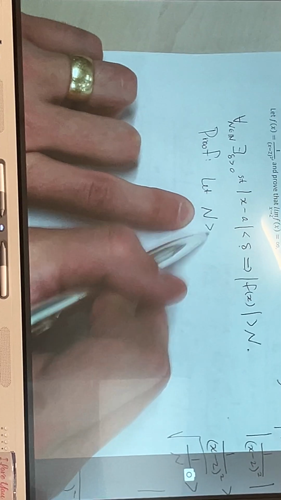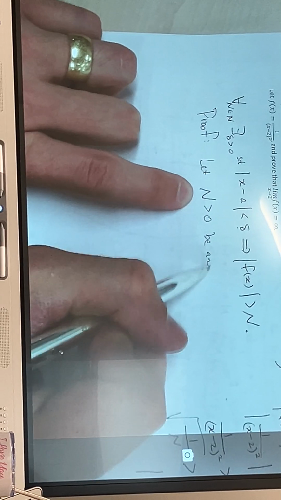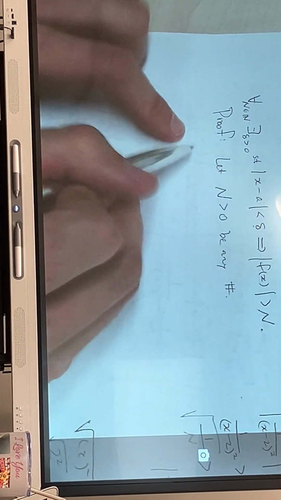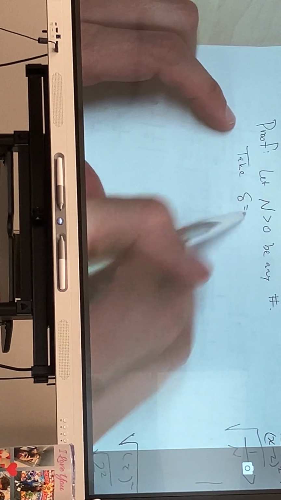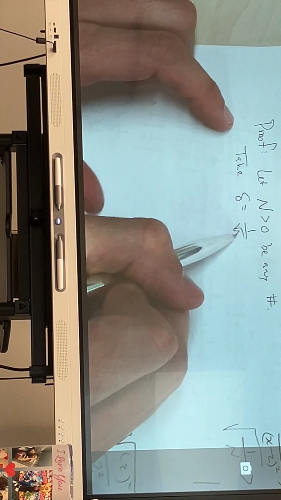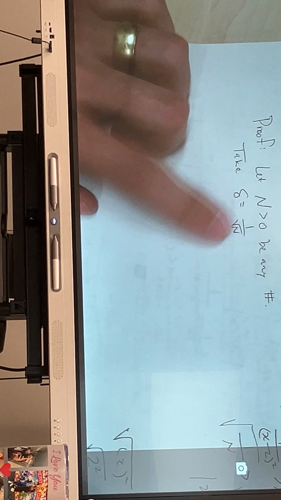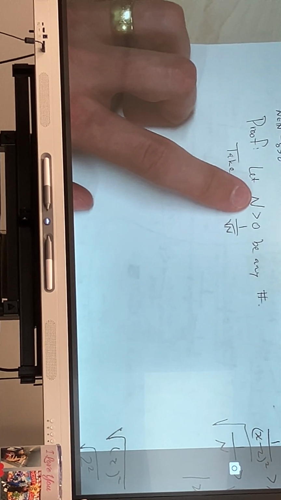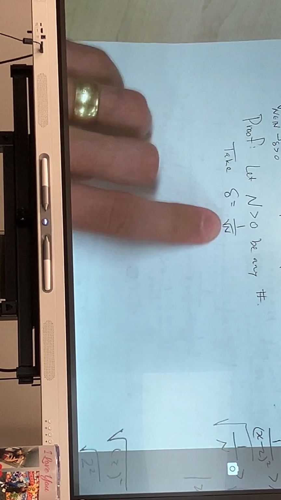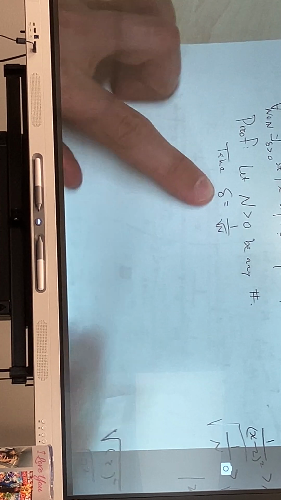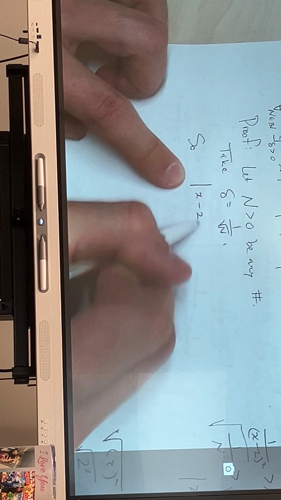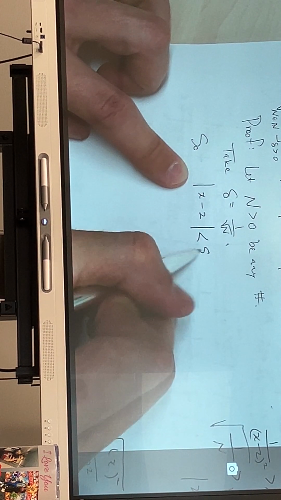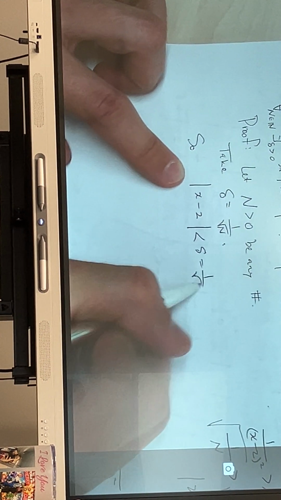Let n be any number. Take our delta value to be 1 over square root of that n. Since this one's arbitrary, it's already been given right now. It's just some number. So we can plug it into this formula, we get this delta. And we said, so now if this one, x minus 2, is less than delta, which is 1 over square root of n,